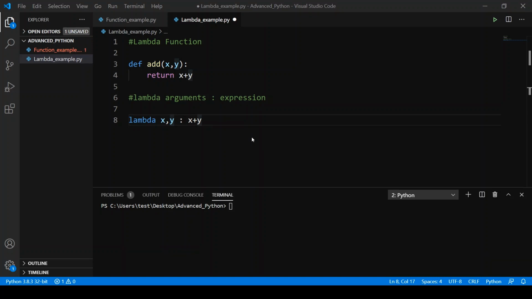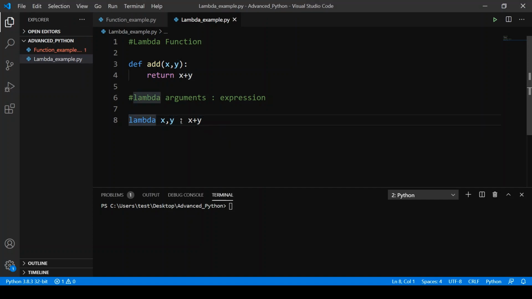Now let me store the lambda function inside a variable. Since functions are objects in Python, we can assign it to a variable. In my previous video called functions in Python, I have explained about function as object. So please do check that video so that it helps in understanding the concept of function as object. I'll leave the link to that previous video in the description below.